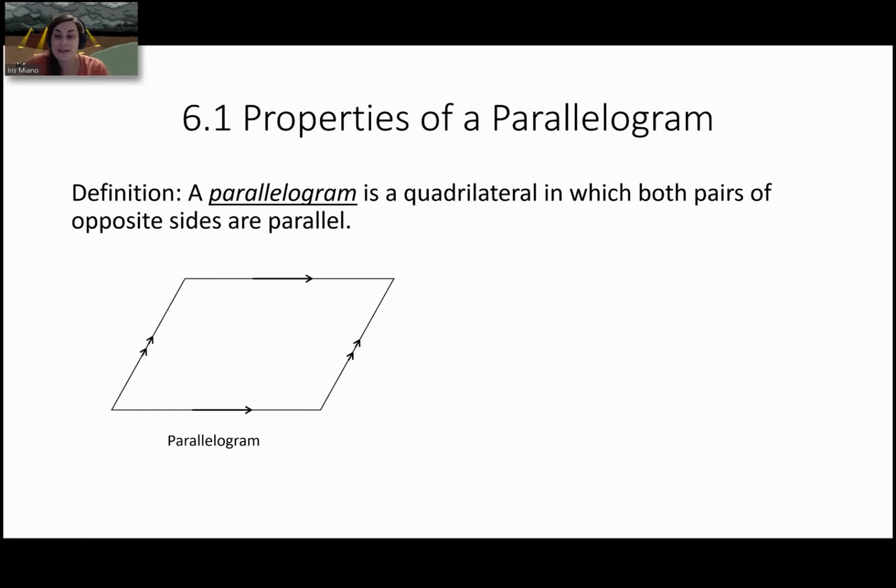And so here is some notation that you could add. It's just basically arrow points. If you look very closely on the video, it looks a little bit darker right there. That's unintentional. Really, the notation is the arrow point. The number of arrow points indicate a pair of parallel lines. So for instance, this horizontal top edge and this horizontal base edge are parallel to one another because they each